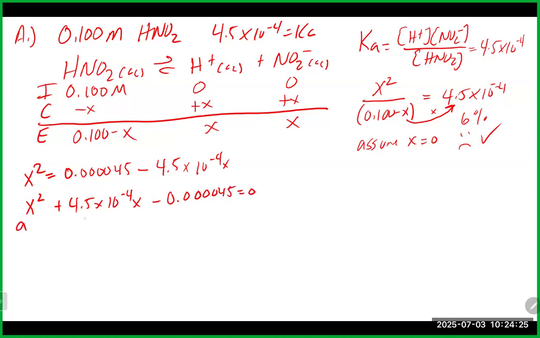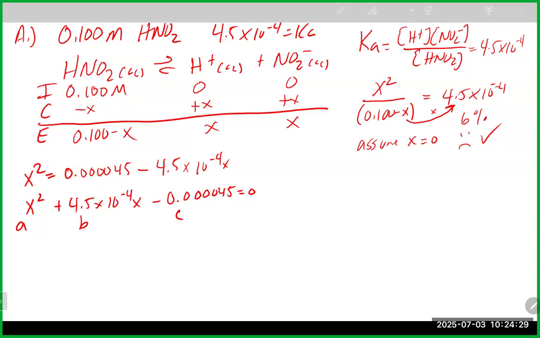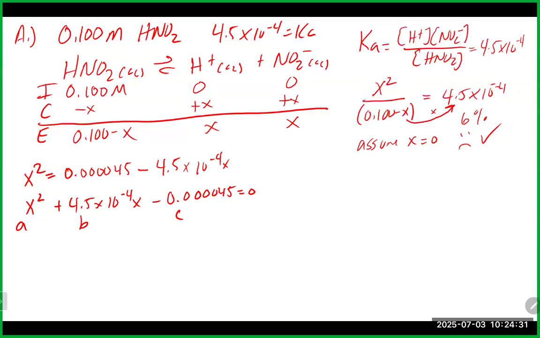That's going to give us our A, B, and C for our quadratic. And in this case here, popping that in there, that's going to give us x is equal to